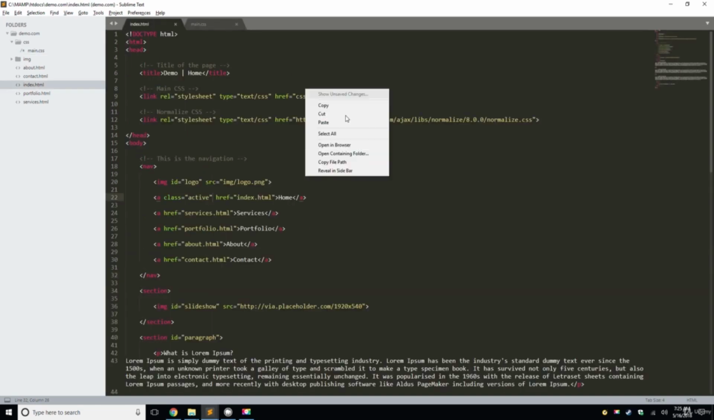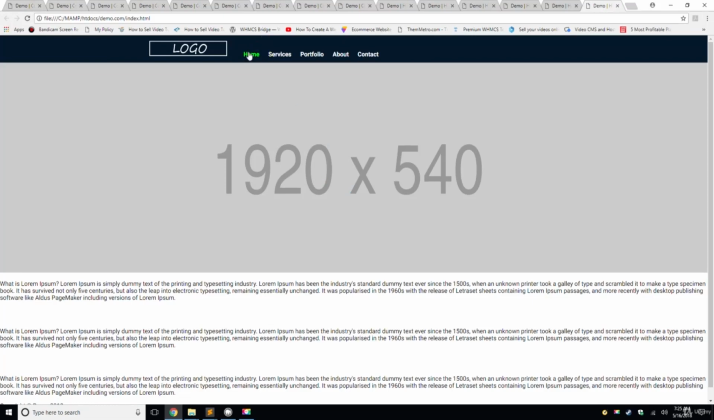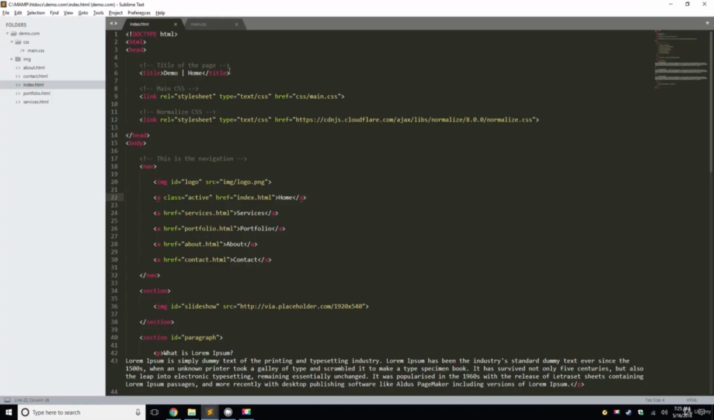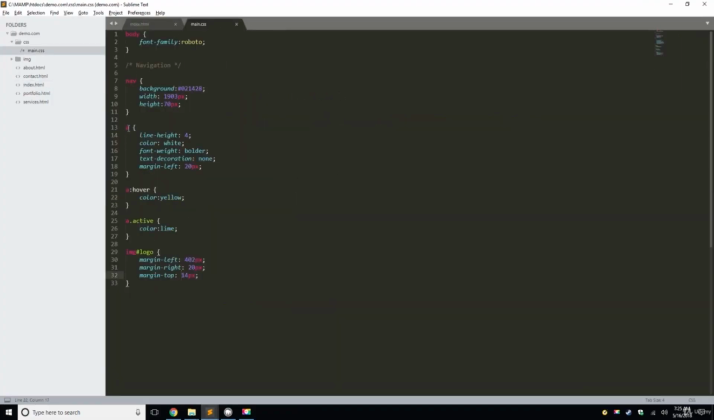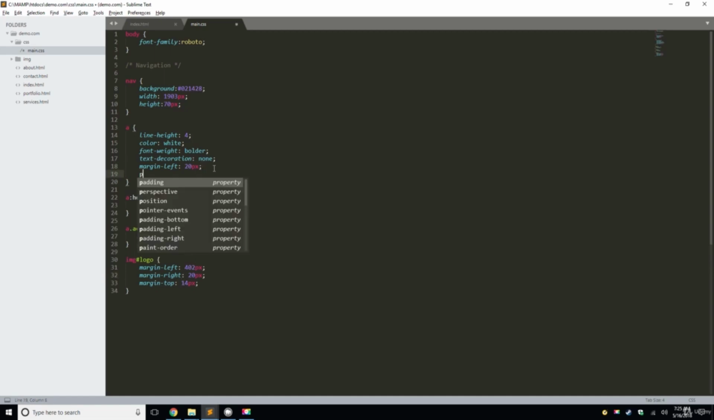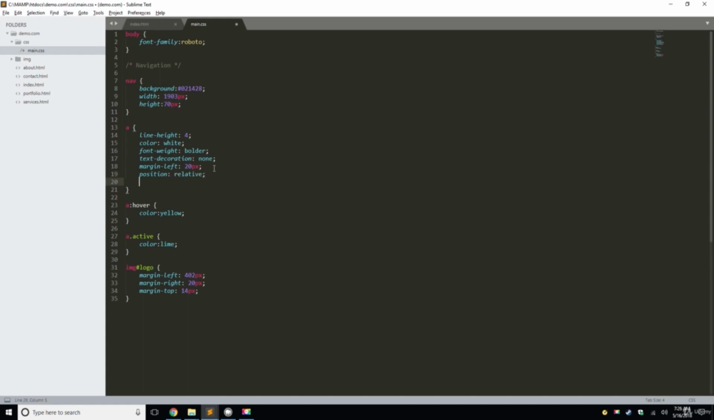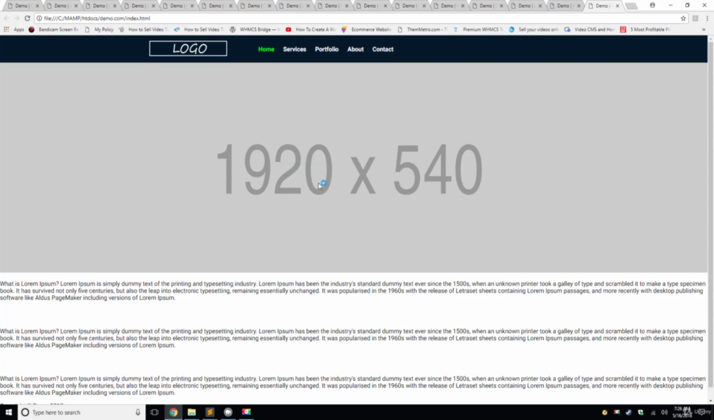Let me check something here. Let's open in the browser. Okay, so we got to adjust the position on the navigation. So I'm going to go into the main CSS. We're going to go to the anchor tag here, and we're going to add a couple more properties. So position relative, top negative 13 pixels, left 40 pixels. Okay, we'll save that. We'll go to index.html, open in the browser, and now voila, our navigation is beautiful and